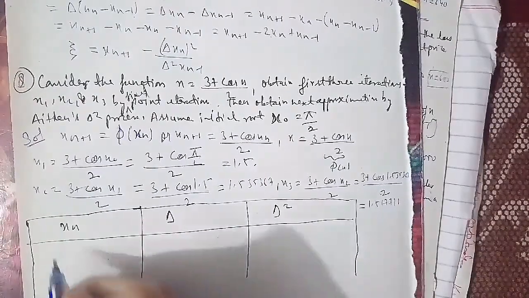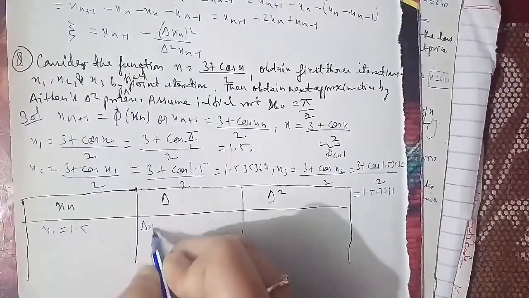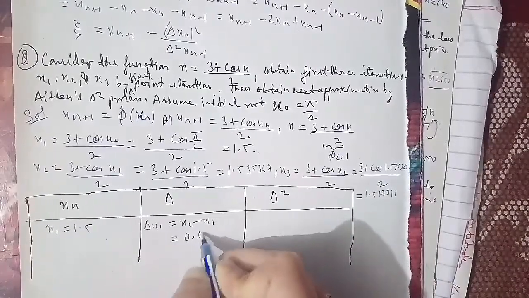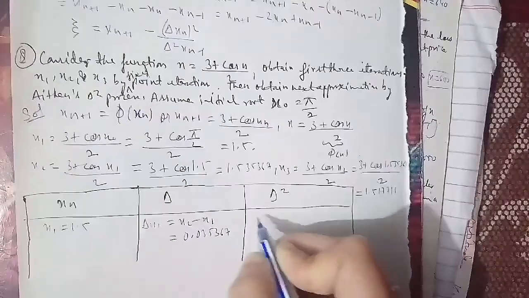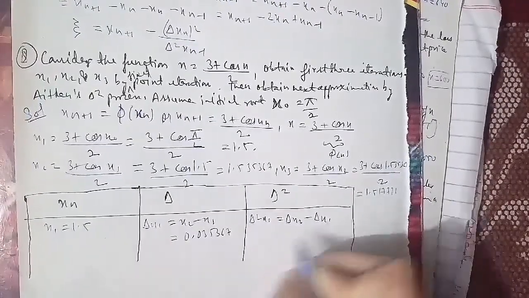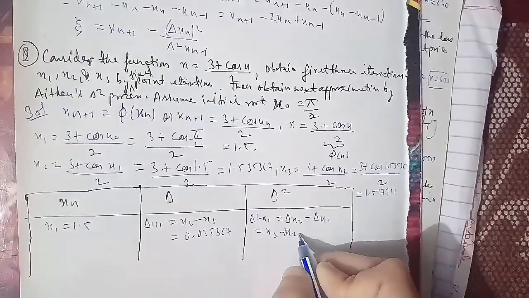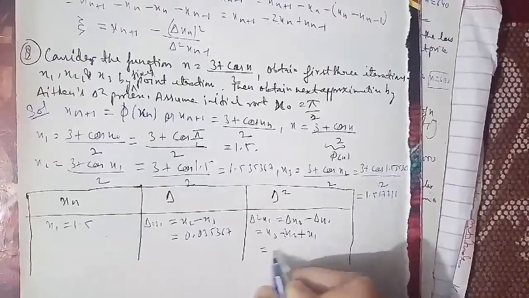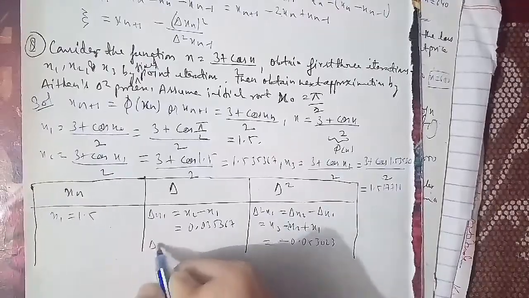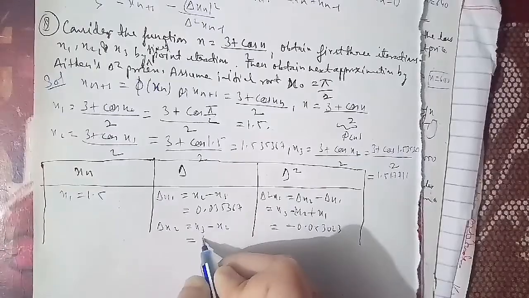For x1 equals to 1.5, the delta x1 is equals to x2 minus x1, which will give you the value 0.035367, and delta square x1 will give you delta x2 minus delta x1, which is being equals to x3 minus x2 plus x1, which will give you the value minus 0.053023. For delta x2, it will give you x3 minus x2, and the value will get you is minus